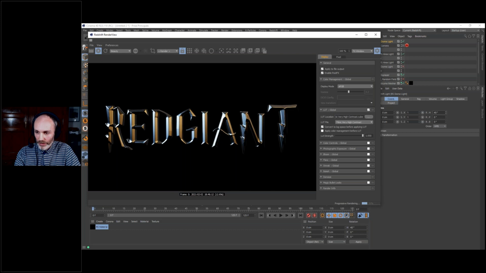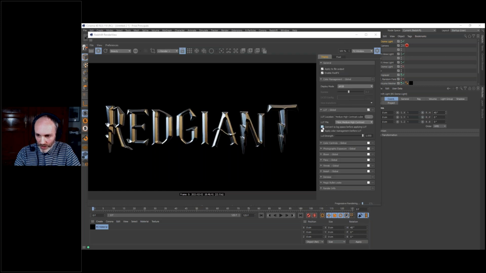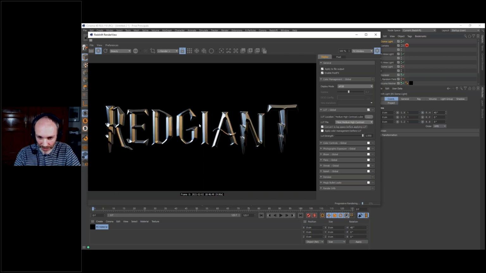If you click here, you will have a dialog box, and inside here in your data, it's going to show you this way. You want to go to the filmic LUT. Okay, filmic LUT. I'm going to take this one, filmic medium high contrast. And because it won't be selected by default, I'm going to convert to log space. Okay, and you can see it took care of the highlights. You see before, after, we have a nicer result.